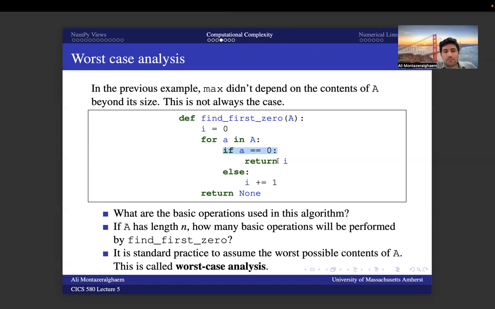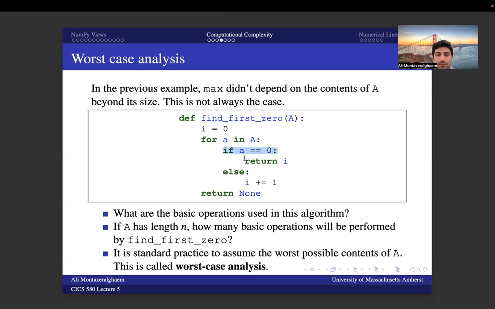So it's completely dependent on the content of A to find the number of basic operations here. For example, in the base case, we have one step for the for loop, and for the worst case, we